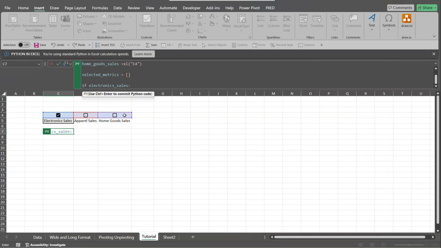And since this variable only holds true and false, we don't need to check to see if it equals something. So let's press enter, tab into this, selected_metrics dot append. We're going to use the append method, and we're going to pass it